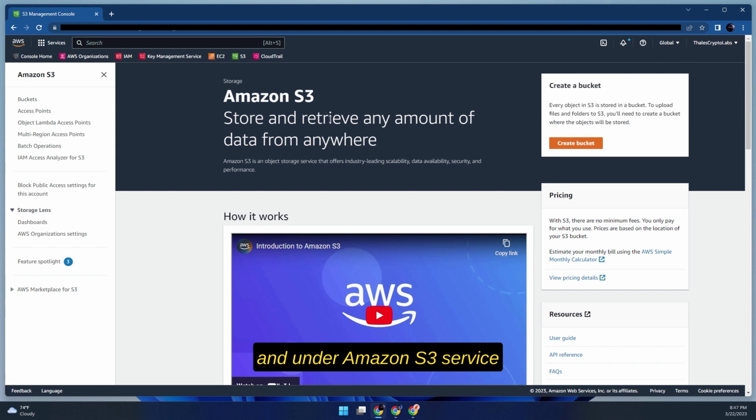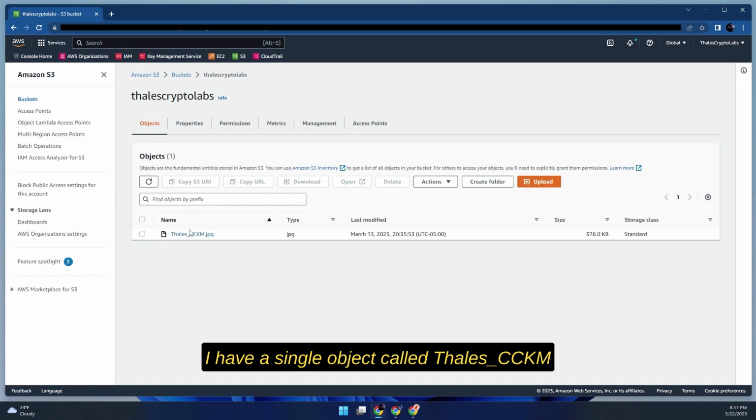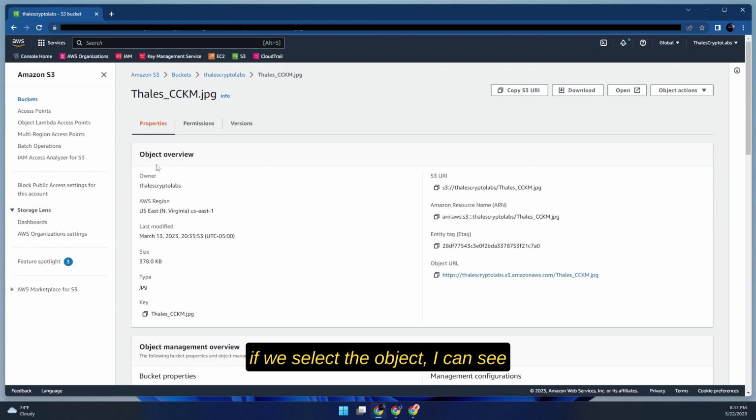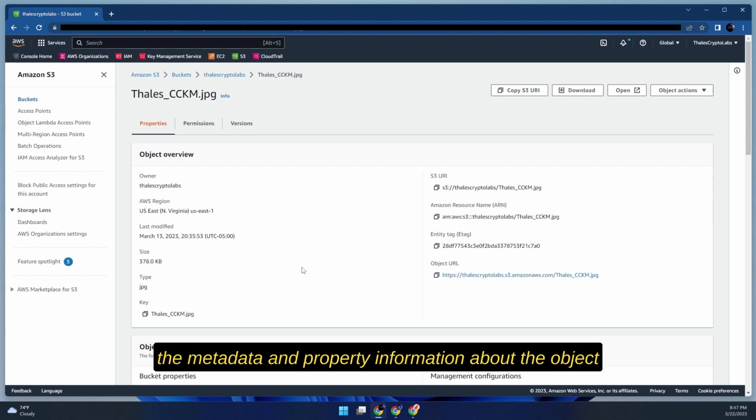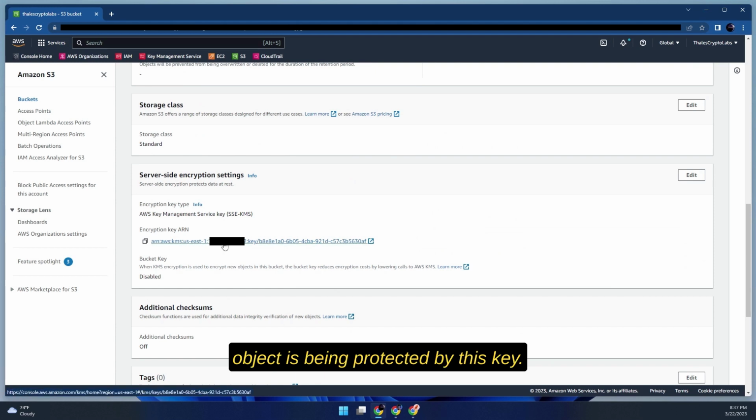And under Amazon S3 service, if we select buckets, we can see that I have a single bucket. And inside this bucket, I have a single object called Thales_CCKM. If we select the object, I can see the metadata and property information about the object. Now, if we scroll down a bit, we can see the security and access to this object is being protected